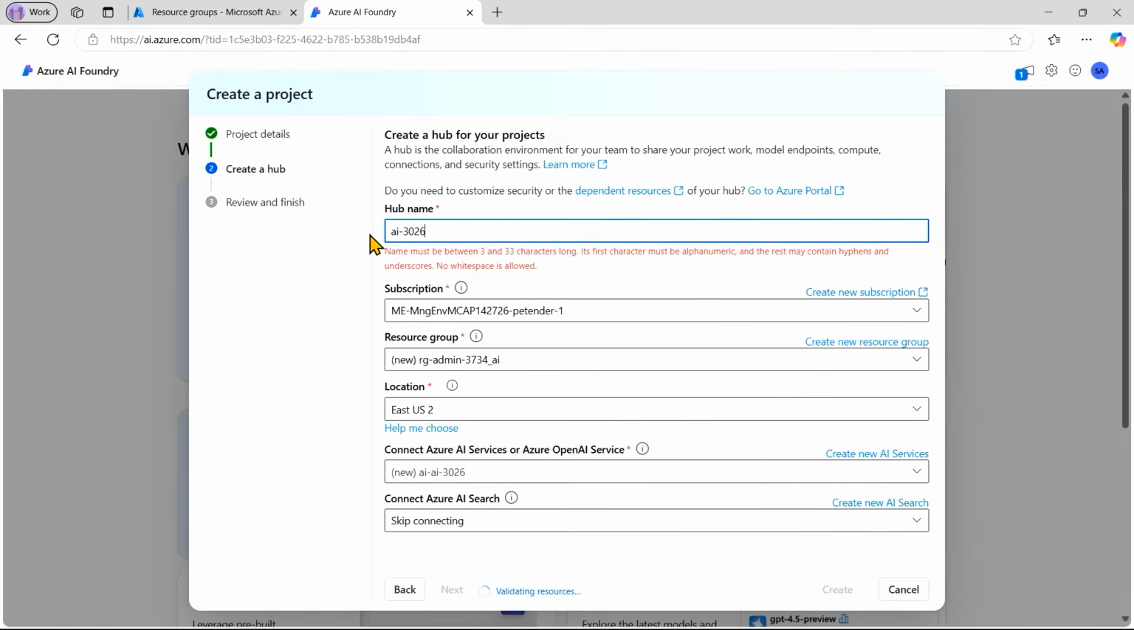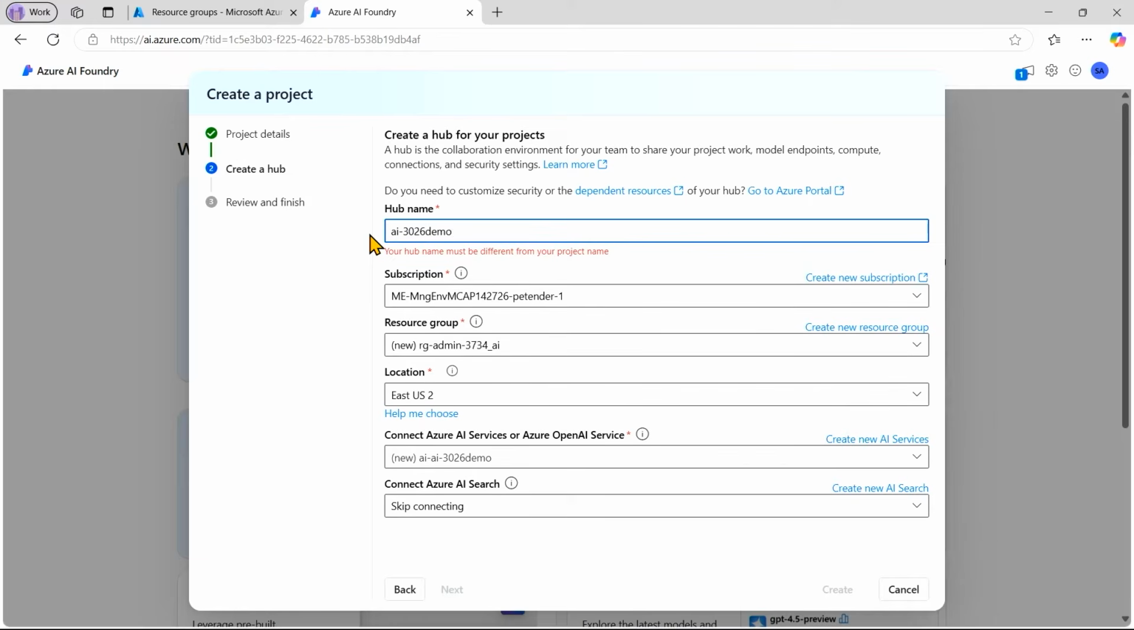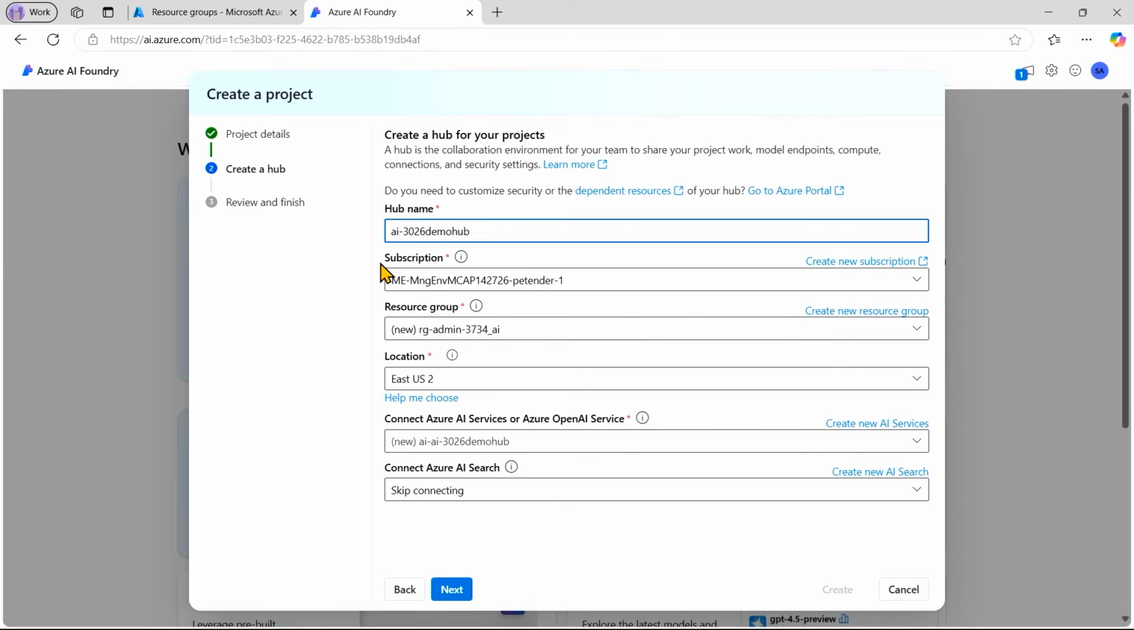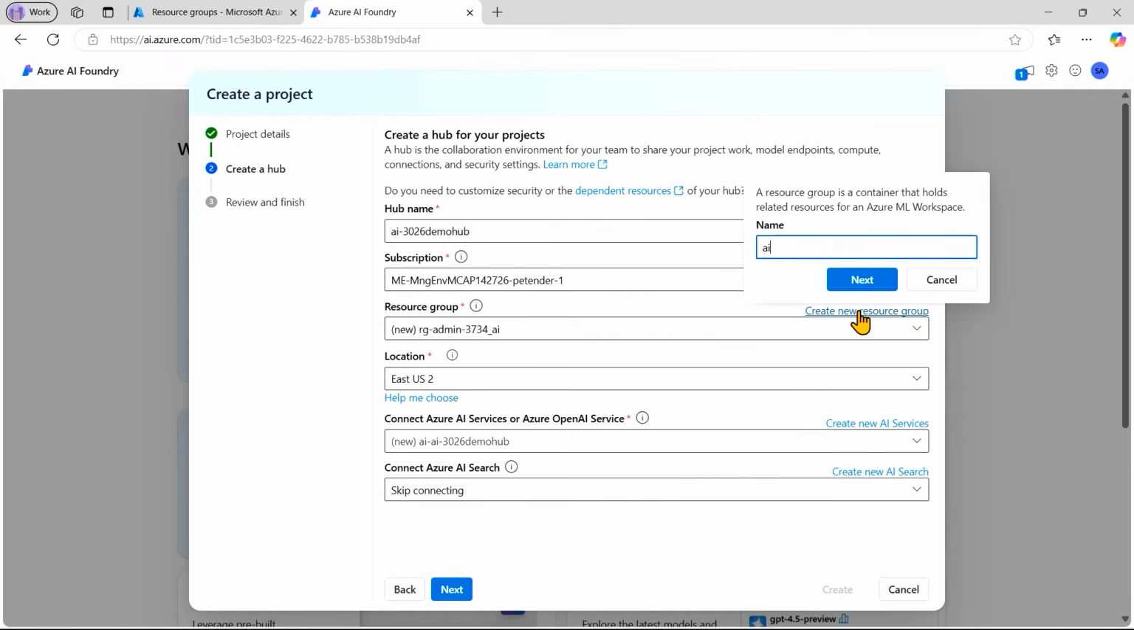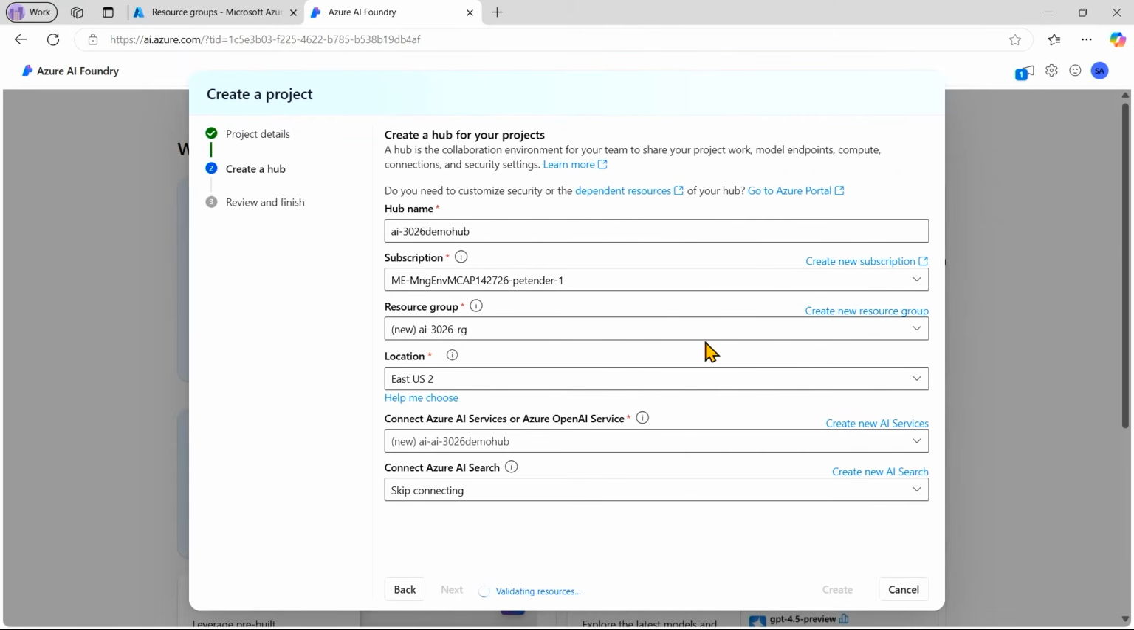which again is what we're going to do here. I'm going to call this the AI-3026. And let's call it again Demo Hub. And as you can see, it needs to be different from the project. I got my subscription, and just to follow my own naming conventions, let's call this one the AI-3026 RG4 resource group. I'm going to deploy this in East US 2,